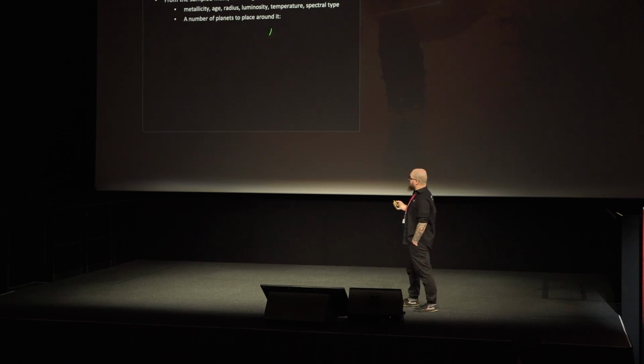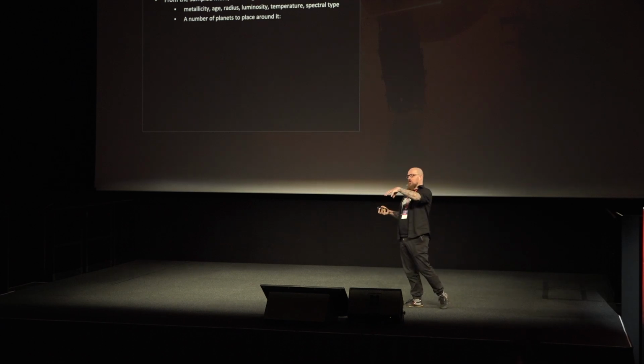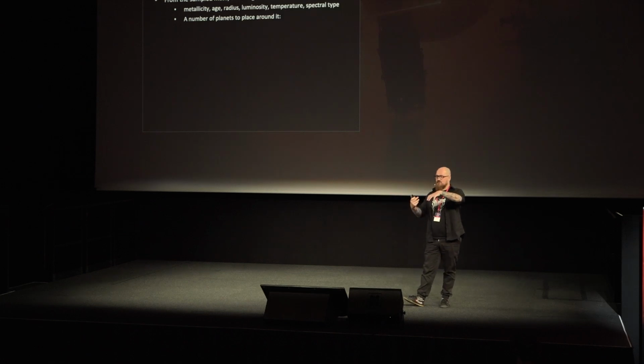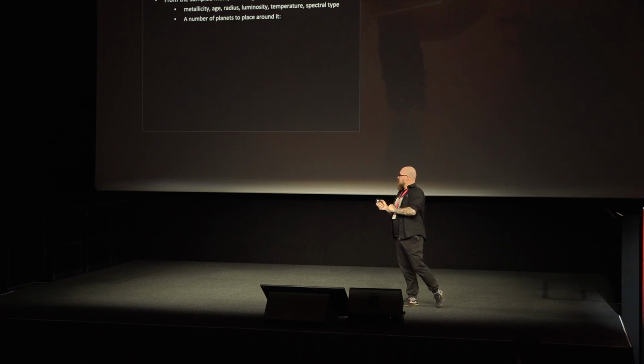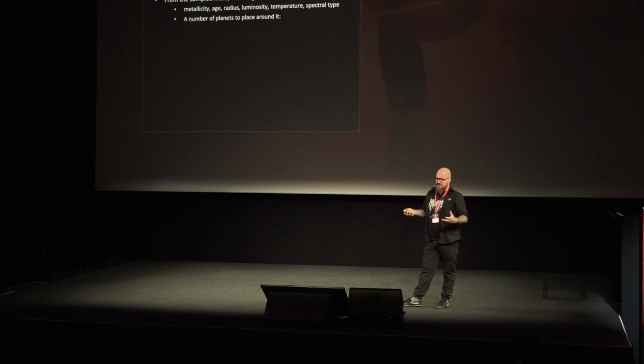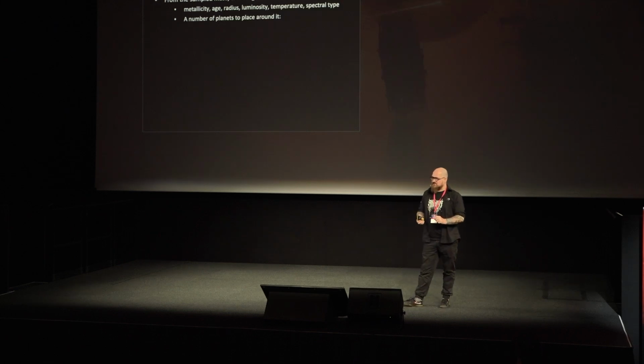Then we generate a number of planets to place around it. The simulation that I showed you before, the same code, could actually be used to generate planets. You could think about a star that has a protoplanetary disk of dust and gas orbiting it. Slowly over time, as it rotates, the dust starts to clump together and form something called planetesimals, which are really just clumps of matter, and those basically form the planets. That is very expensive, especially if we have 24,000 systems, and that's going to take a very long time. So we didn't actually do that.